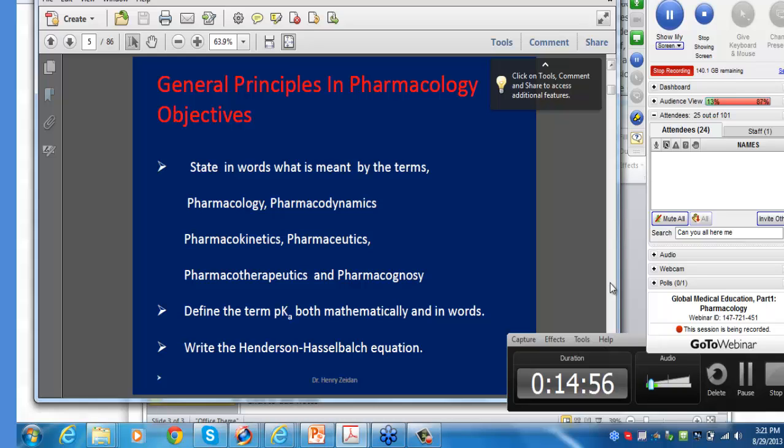We'd like to be able to address terminology first, to get it out of the way, and state what is meant by pharmacology, pharmacodynamics, pharmacokinetics, pharmaceutics, pharmacotherapeutics, pharmacognosy. Be able to go back to the basic principles